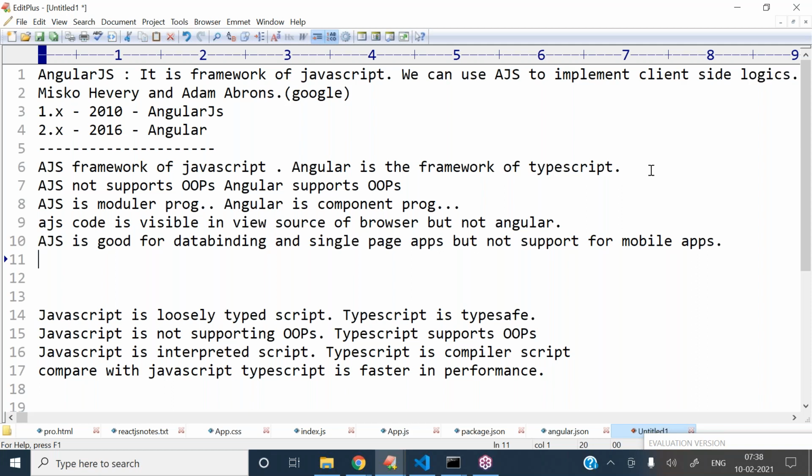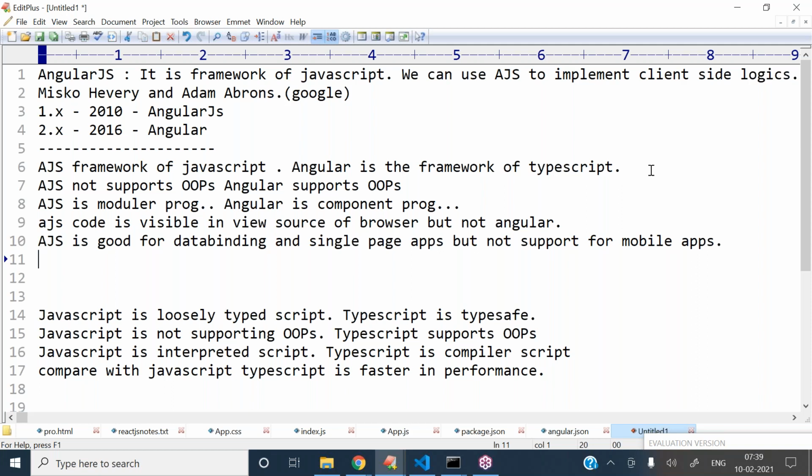From 2 to 11 we are calling it Angular. Many openings in companies we have with 7.x as well as 8.x versions. Is it clear?